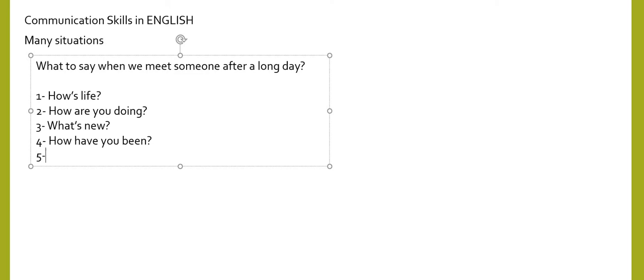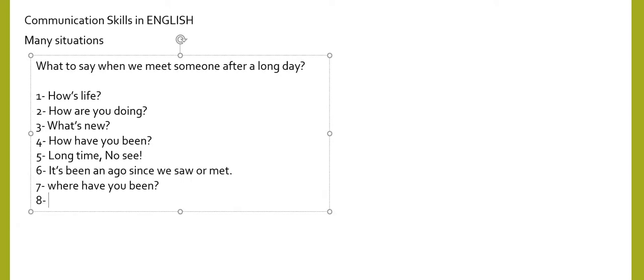You can use 'Long time no see.' This is a beautiful phrase in English. You can use it when you meet a person after a long time, maybe your friend. Another good sentence you can use is 'How's life going on?'